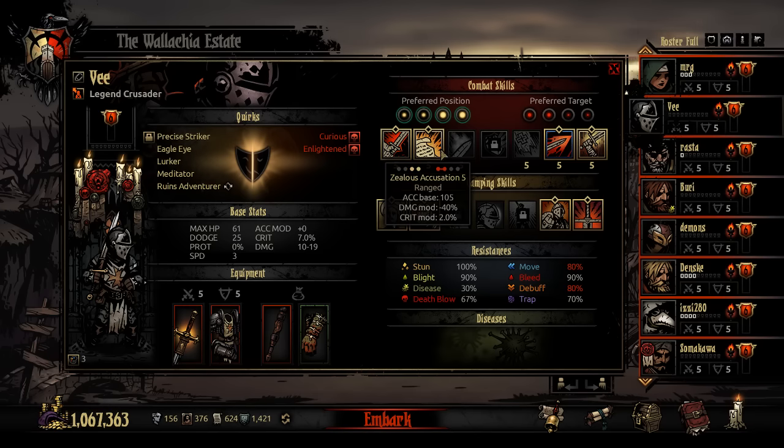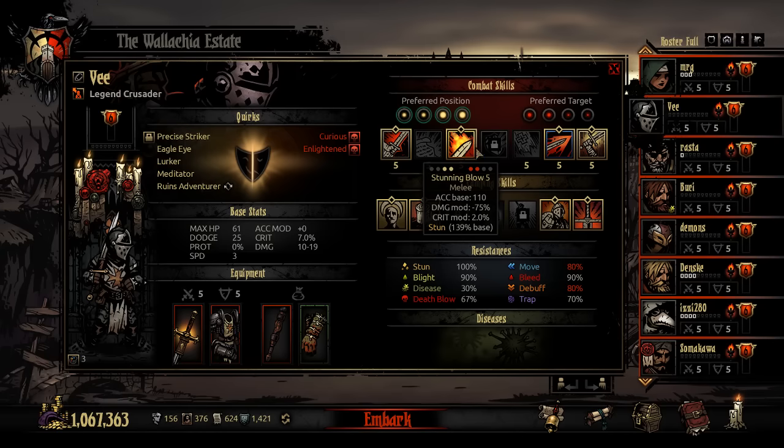This AoE is situational, but it does allow you that if you have somebody that only has a few hit points in the front 2 rows, you can die and still do damage to somebody else and not feel like you wasted a turn. From there we go to the stun, which is a typical stun, I would say. Low crit mod, 139% base,